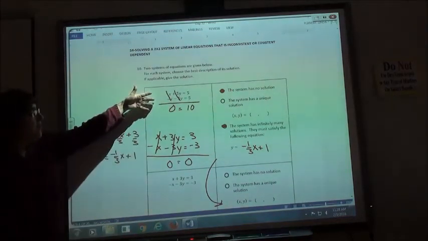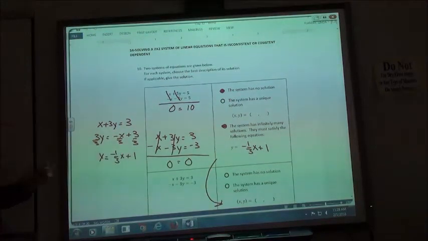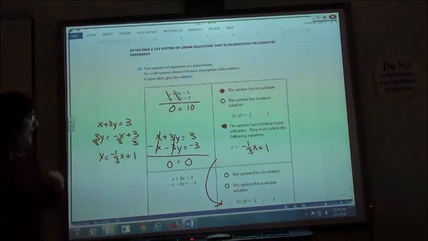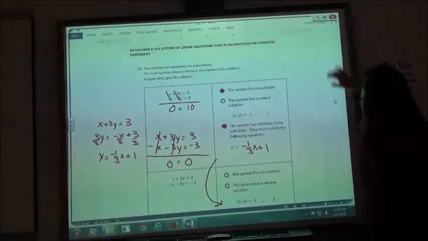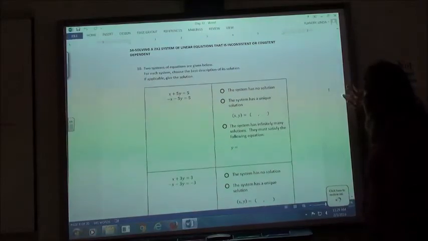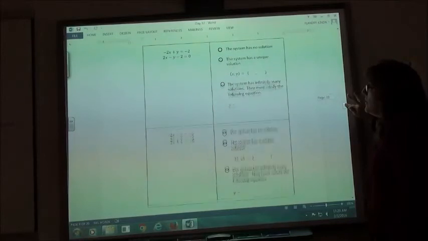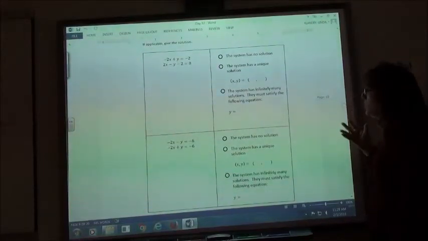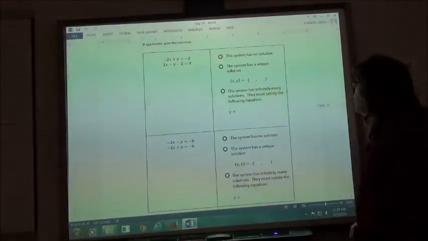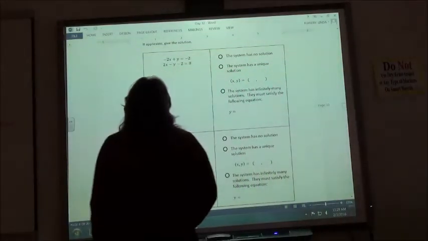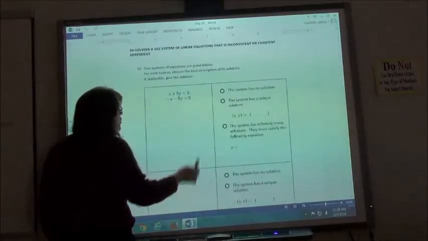So your top one, you have no solution. The bottom one, the system has infinitely many solutions and must satisfy the equation y equals negative 1/3 x plus 1. Number 11, I'm just going to slide it up so you can see both questions here. Again, we're doing the same thing, picking out the applicable solutions by solving our system of equations. However, on this first one, I need to move my 2 to the other side. So since that's a minus 2,